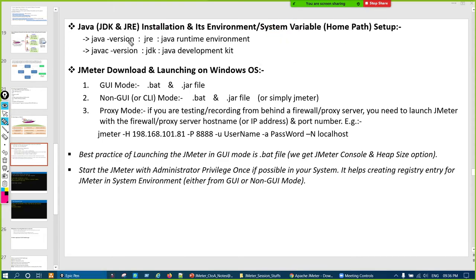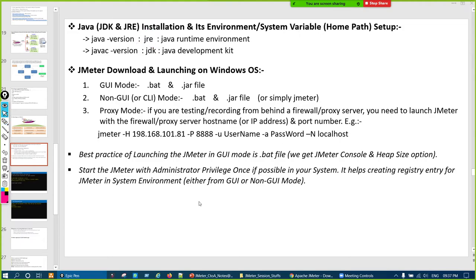Now, Java is divided into two parts, JDK and JRE. The full form of JRE is Java Runtime Environment, and JDK is Java Development Kit. Now what is JRE and when is it required? Let us say any application is there and you just want to run it.